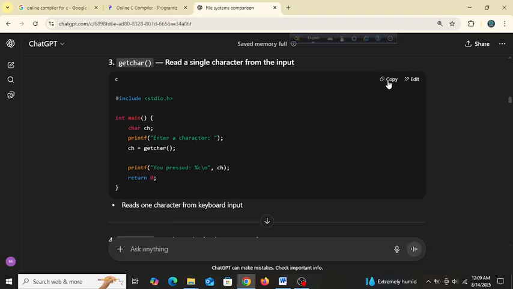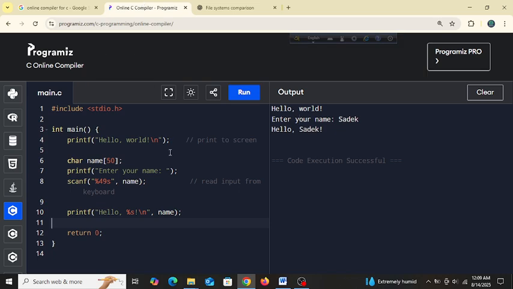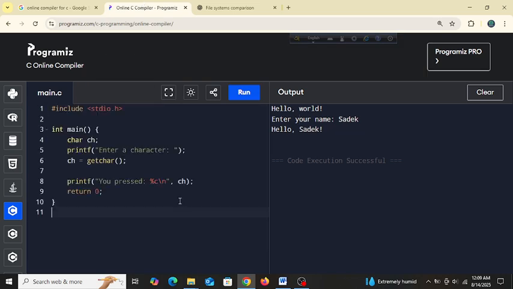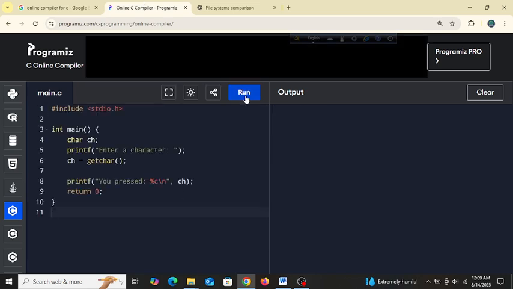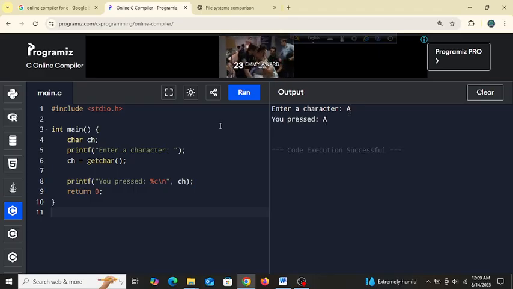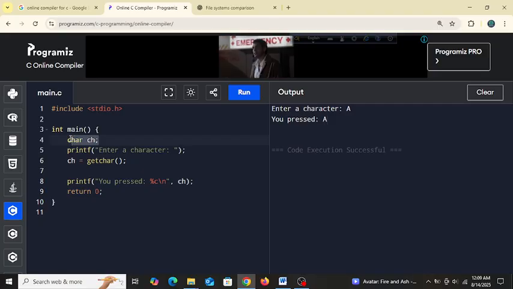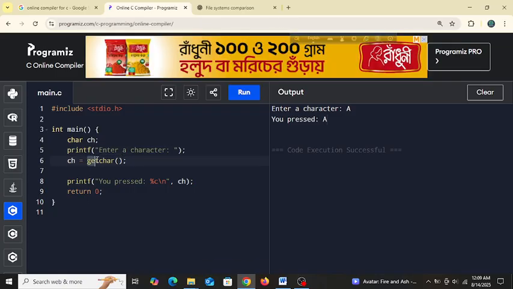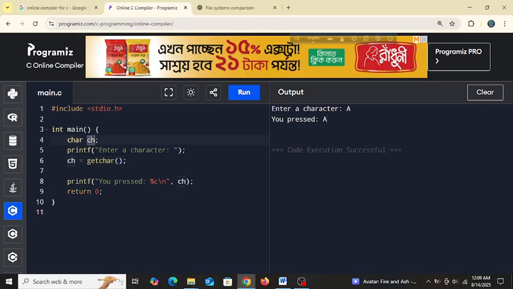So if we just copy these and run, you see enter a character. So if you just put a, then you pressed a. So how is this happening, guys? We declared a character type variable and printf enter character, and then in the variable ch we are assigning this function.